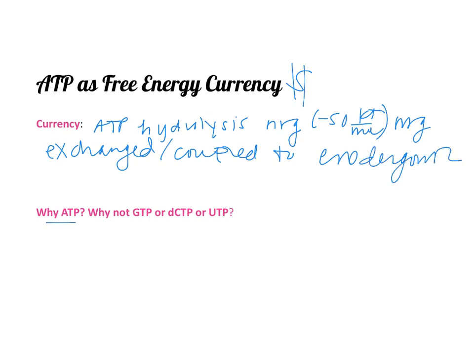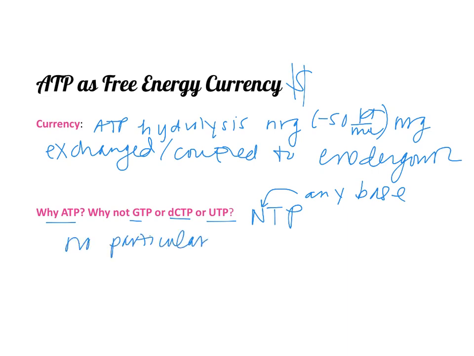Okay, so why ATP? Why not GTP, UTP, dCTP, or any of the other NTPs, where N here is any base? Why is it ATP and not any of the others? And there's really no particular reason. They all release about the same amount of energy when their phosphates are hydrolyzed. But it turns out that evolutionarily,